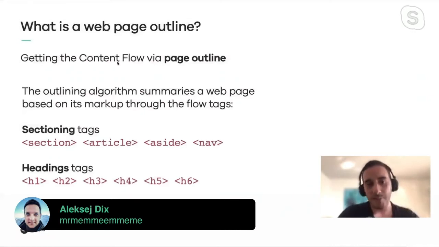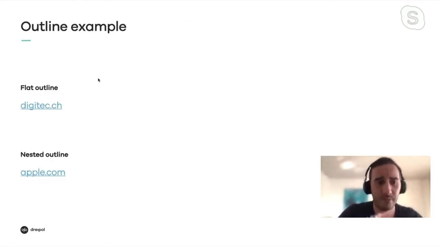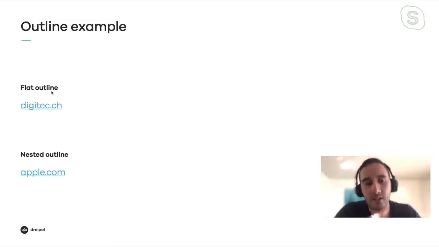So the content flow is the semantics of a web application, and we can measure it via the page outline. We will see all this in a second. So let's check some examples. I took two websites that have completely different content flows. I mean, one website uses more of a flat outline and another one uses a nested outline. I'm using a tool